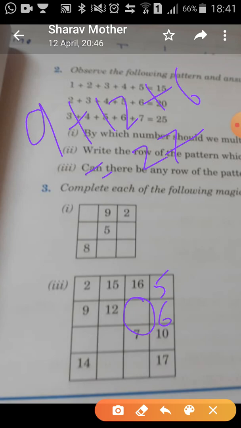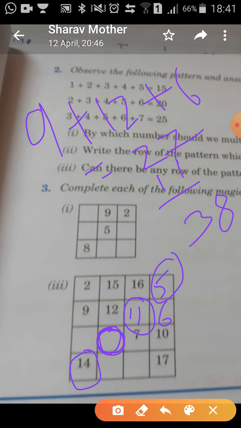How much do you need to add to 27 to get 38? You need to add 11. So what will you write? You will write 11 over here. Now which box will we choose? We can't choose this box because we should have 3 pieces of information. But about this box, we have 3 pieces of information, which is 14 and then 11, which we solved just now, and then 5.